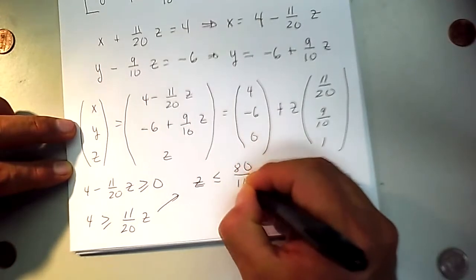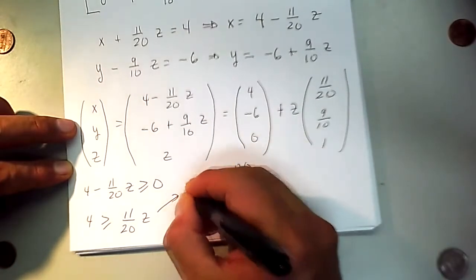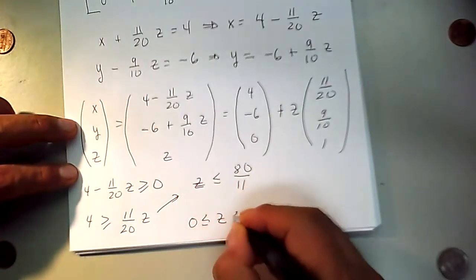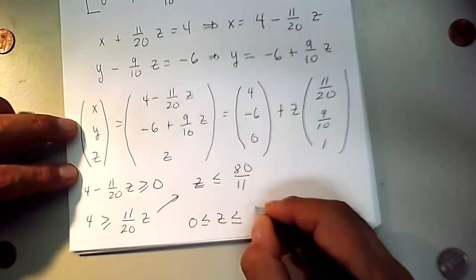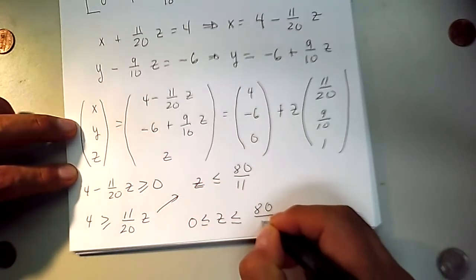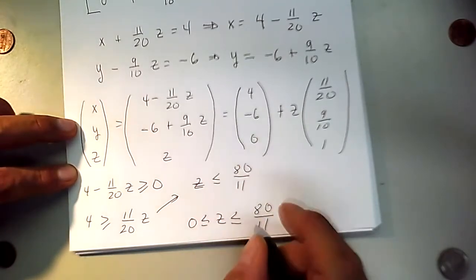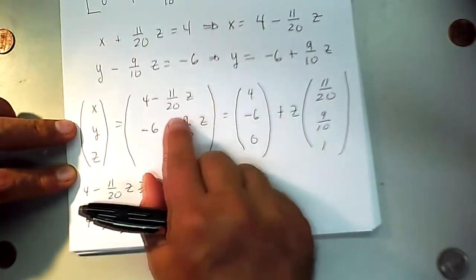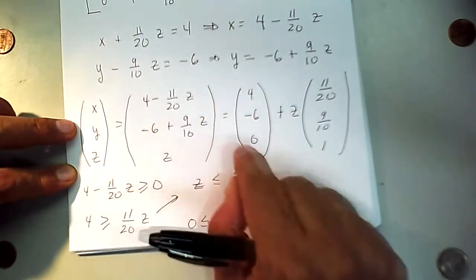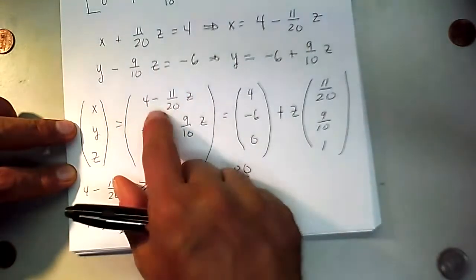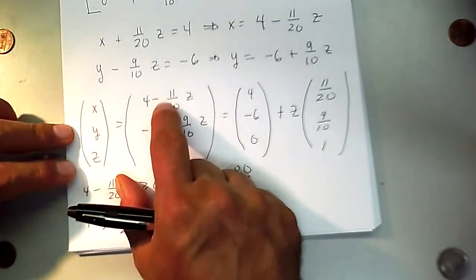80 over 11, but it has to be at the same time greater than or equal to 0. So 0 is less than or equal to z, but z has to be less than or equal to 80 over 11. But there is more to it. So that's just from this guy. There's another restriction involving y. So that is a restriction involving x, because of the x having to be positive,